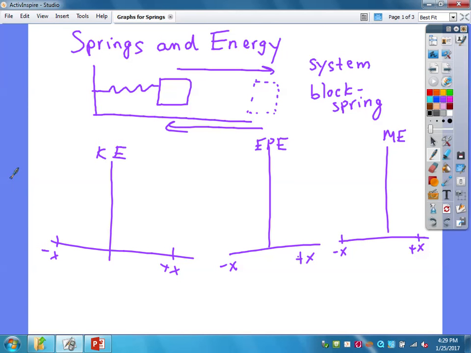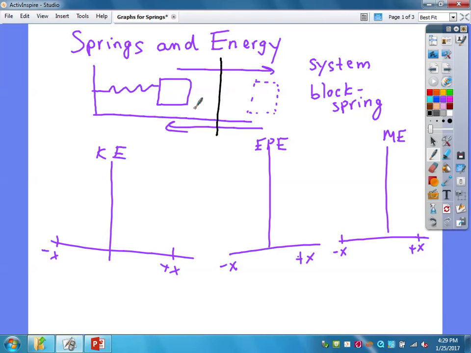I'm looking at springs one more time, and I'm trying to show you how energy with spring situations will be graphed. All right, and we basically have two different types of graphs, and then one last situation I just want to quickly show you. So what we're looking at here is basically a block is oscillating back and forth from